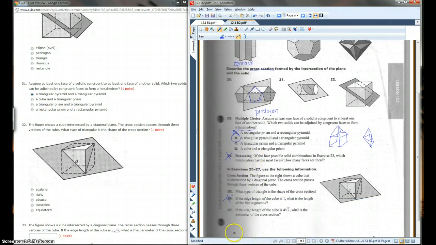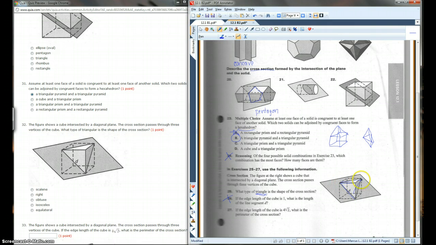Alright, last section. You're skipping number 26. You're just doing these two. I'm going to do number 25, and I'm going to leave number 27 for you guys to do. It says, what type of triangle is the shape of the cross-section? We already went over cross-sections. As you can see, the plane is intersecting